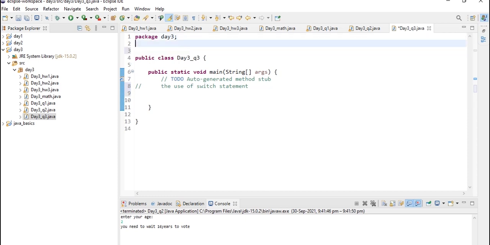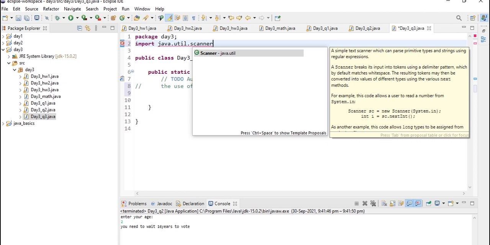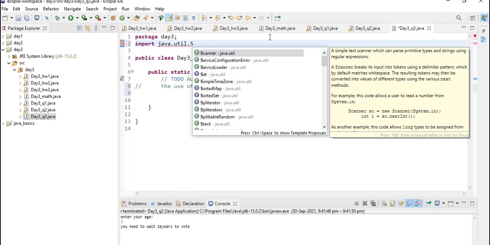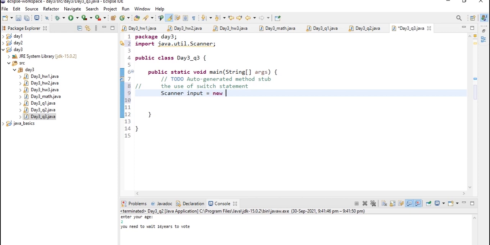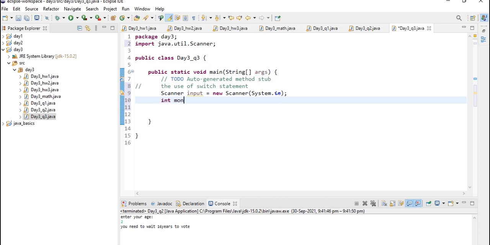So first let's take the input using the Scanner class. Let's import the Scanner class from the util package, that is import java.util.Scanner, and make sure the Scanner's S is a capital letter. And let's create an object of Scanner class: Scanner input is equal to new Scanner(System.in), and let's declare a variable of int data type, that is int month.